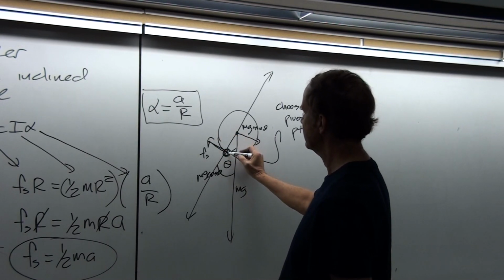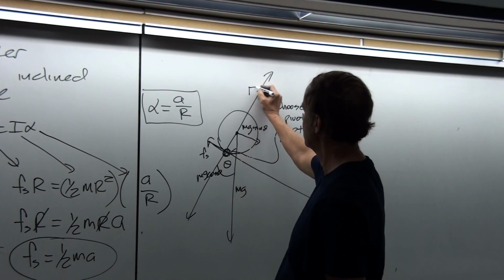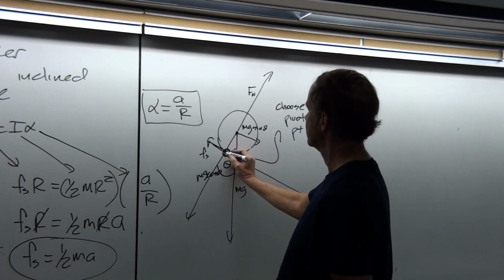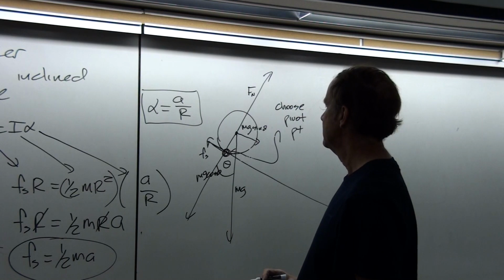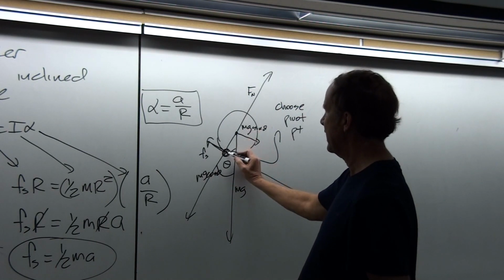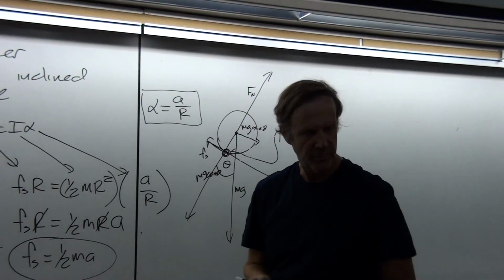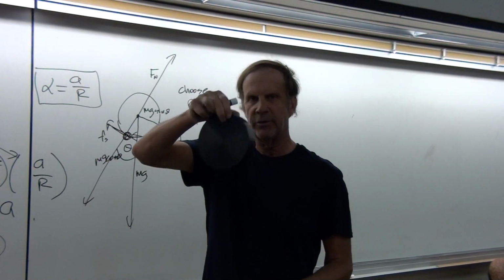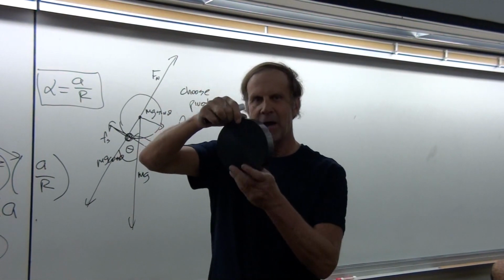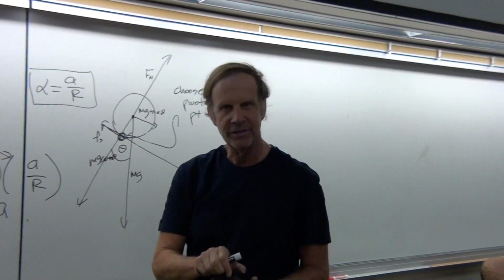The static friction force intersects with that point, mg cosine theta intersects with that point, and the normal force intersects with that point. And so none of those are affected by the torque equation about this pivot point, except for mg sine theta. But the big trick here is that because we've chosen that as our pivot point, we need the moment of inertia about this point and not about the center of mass. So how do we do that?